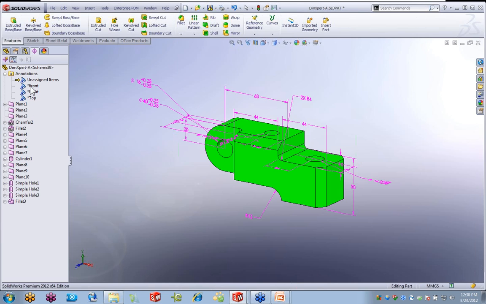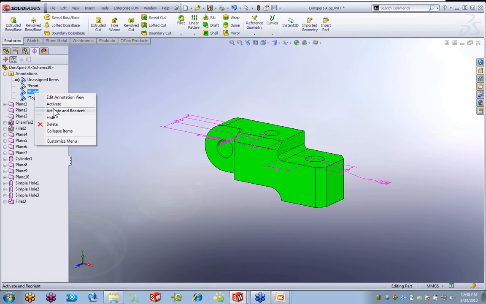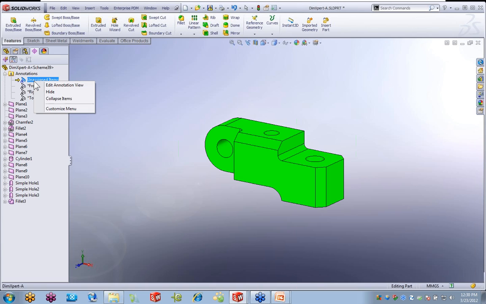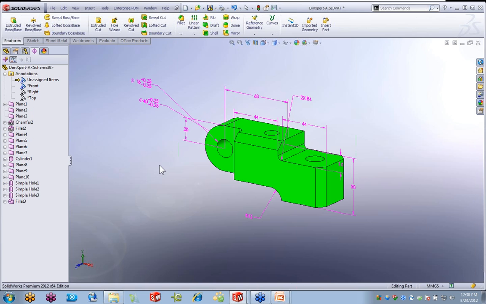Now we know how to work with this. We can go ahead and start to hide some of the annotation views if I'd like by right-clicking on them. And I can see if there are any unassigned items, and there aren't in this case. So let's hide the unassigned and let's take a look at the front view. Now this is just like I introduced earlier. Your job at this point